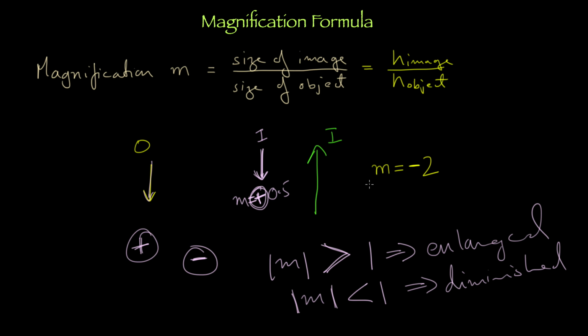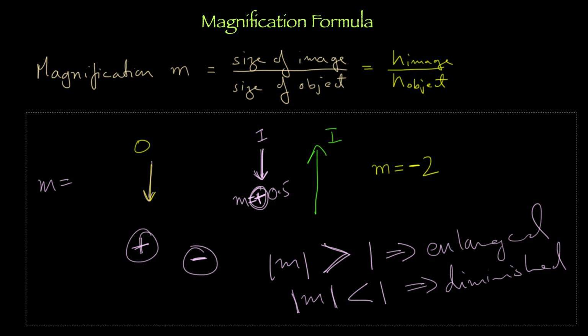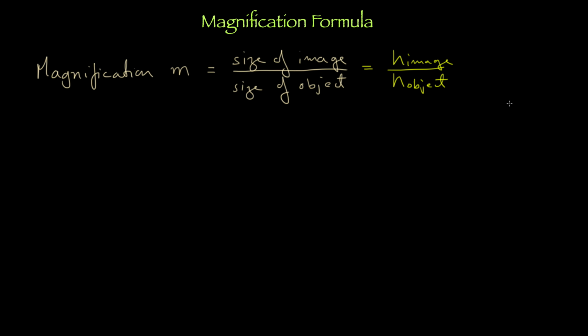So in plane mirrors, what do you think M is? How much is M in the plane mirror? Depends on the case, right? No, it's always 1. And is it a plus 1 or a minus 1? It's a plus 1. You may note down as a fact or skip noting it. In a plane mirror, you have M equal to plus 1 always.